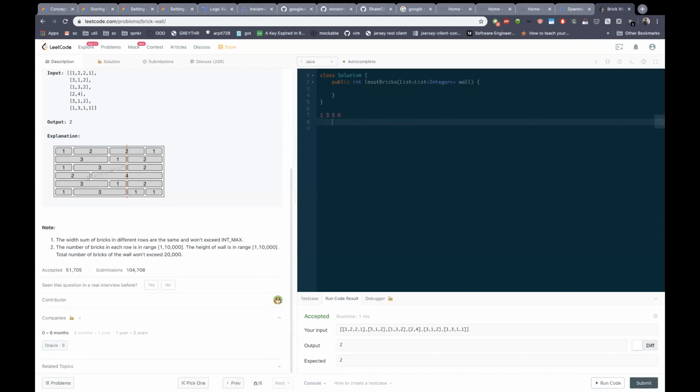For second row, we have prefix sum as 3, 1, and 4. We will not take the 6, we will ignore it. So 3 plus 1, then again it will be 1, then 4, then 6. Then it will be again 2 and 6. Then it will be 1, 4, 5, and 6.